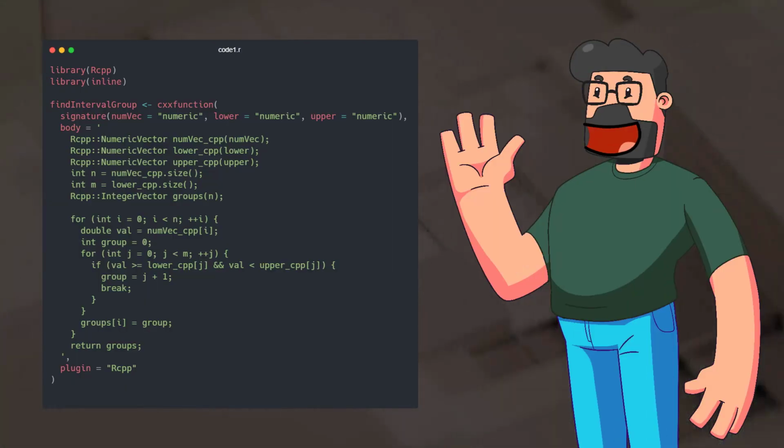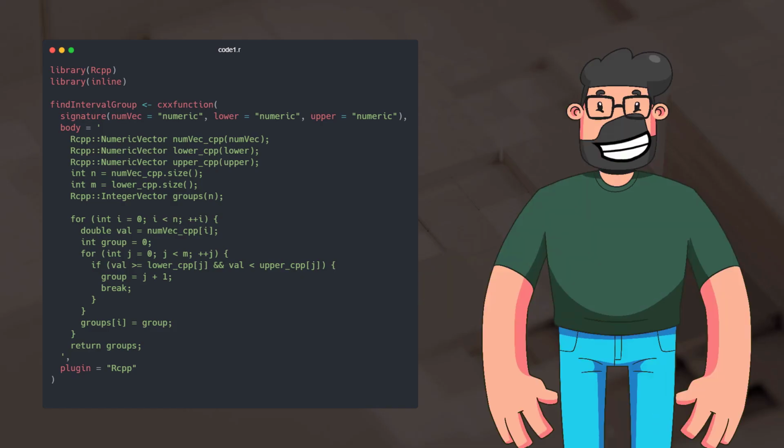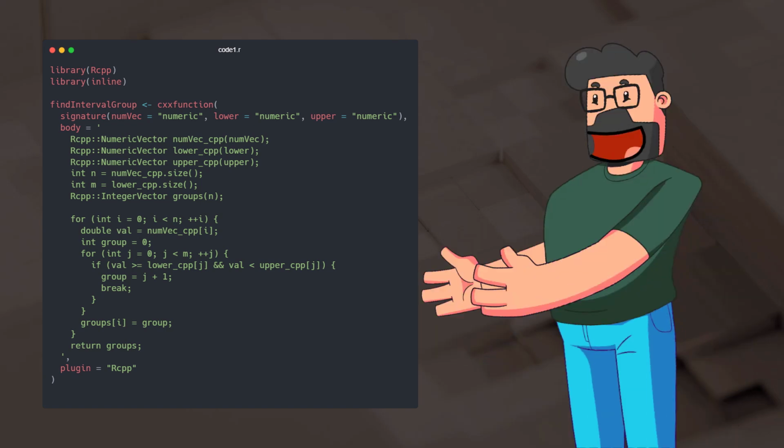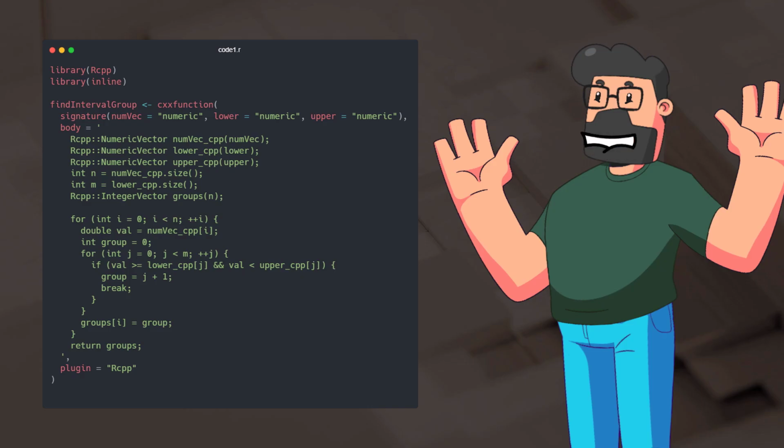Now, diving into the solution, we have a more efficient approach using the Rcpp package. The provided Rcpp function, findIntervalGroup, utilizes C++ code to speed up the group membership estimation process. By directly handling the calculations in C++, we can significantly improve the performance of determining the group membership for each